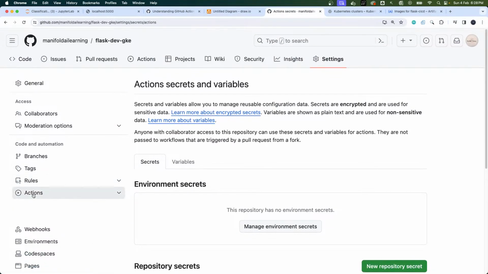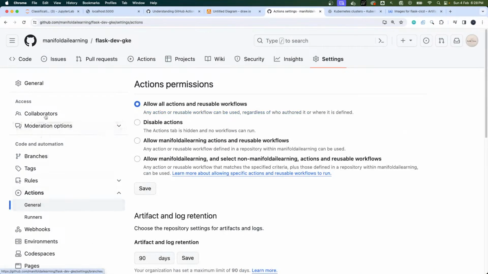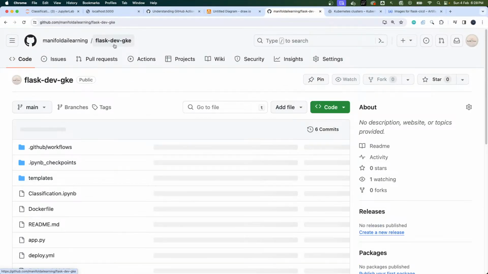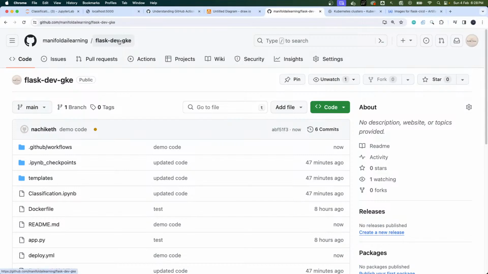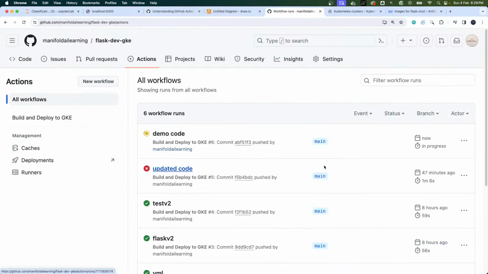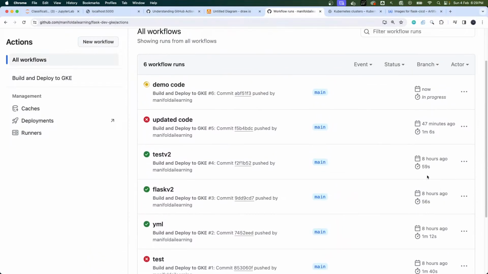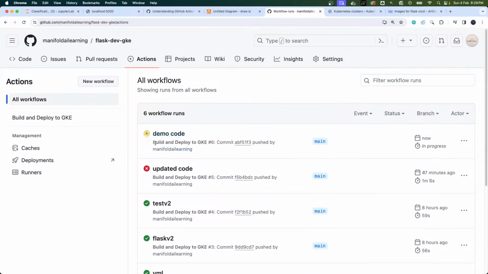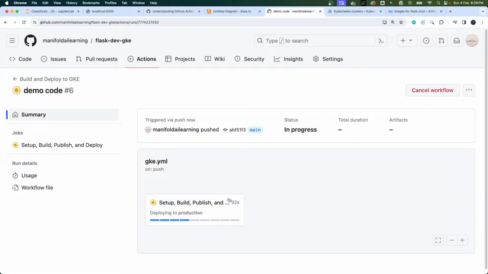If I come over here to my actions, let me just come to my browser, this repository itself. If you see, there is an orange dot over here. The orange dot says that there is an action which has been already triggered. If I go to my actions tab, there's an action, my GitHub action, that has been triggered just now. There were other actions. These were because of my previous testing earlier. So automatically when I push the code into my repository, the GitHub action has been triggered,